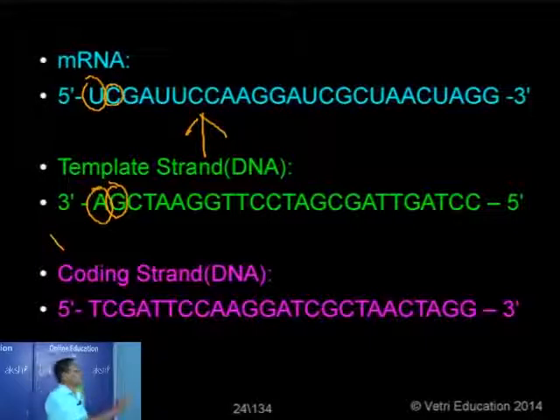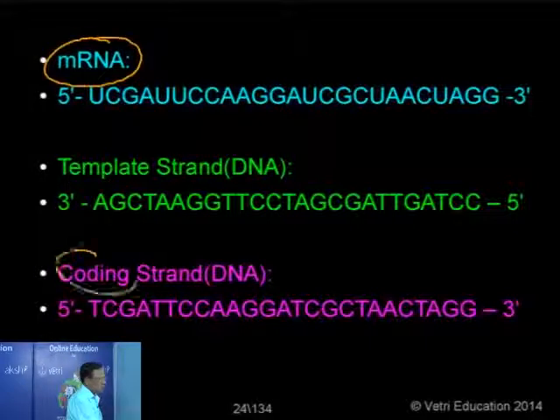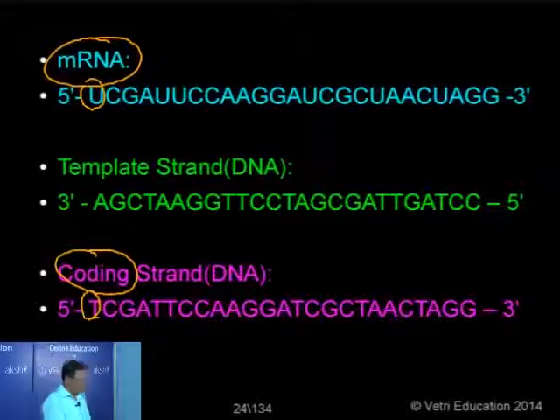But if you are comparing this mRNA strand with that of what is called the coding strand, these two have the bases or nucleotides similar, except that in place of T you have U. That's the main difference. So in the second case, you have C, here also C. So the original message that is contained in the coding strand, that is why it's called a coding strand